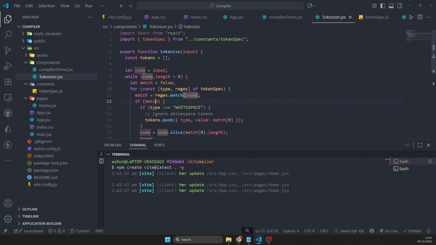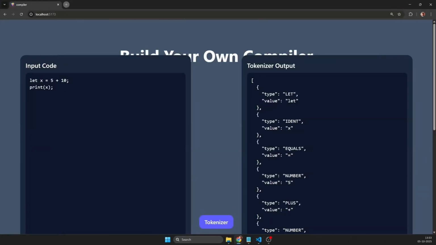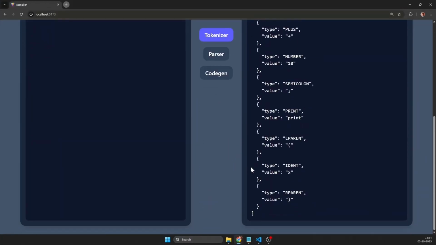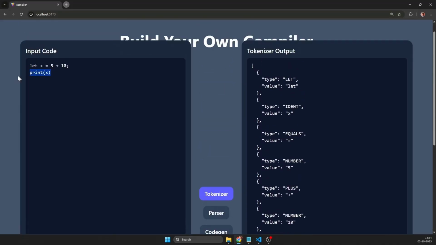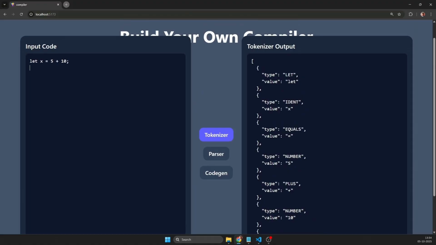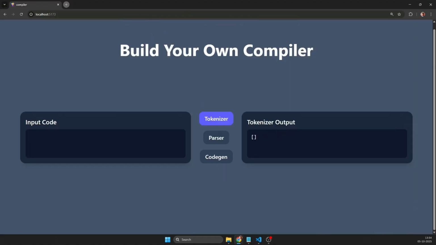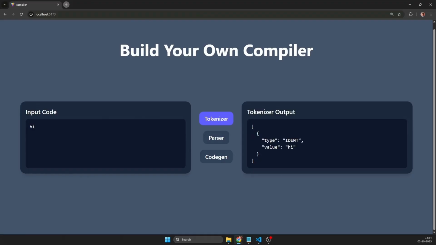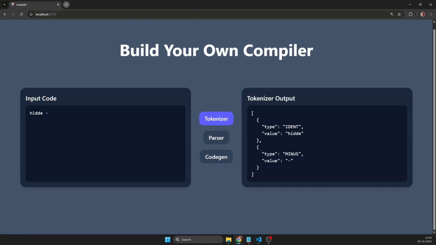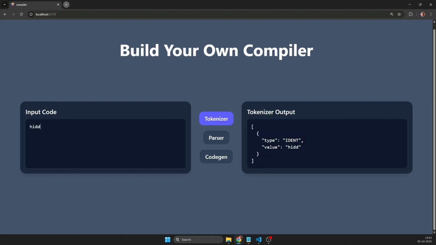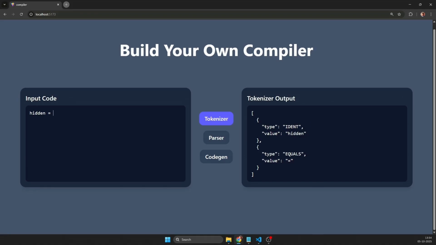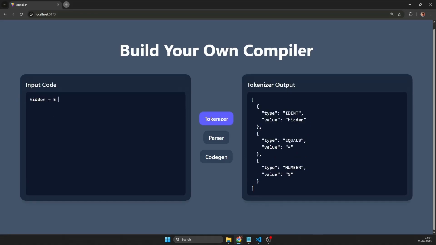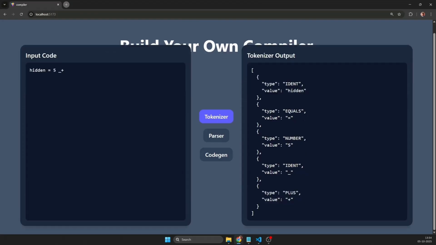So we will have to go back to the tokenizer and replace this .match with .execute to properly execute the regular expression. Okay, as we can see, the JSON response is now the output for our tokenizer. When I type a variable name, it is identifier, and any symbol like this equals changes to equals. A new element in the JSON is added with each token added, as you can see,